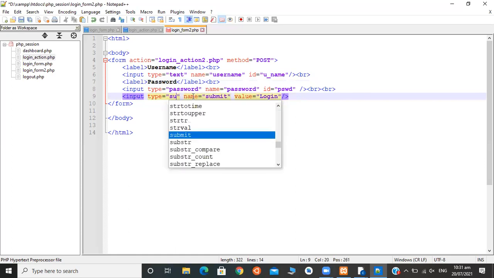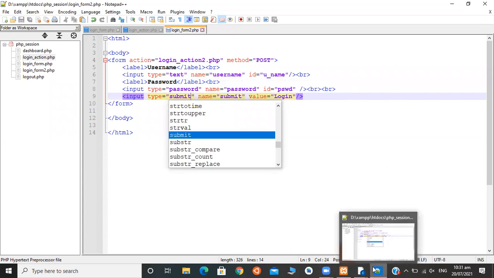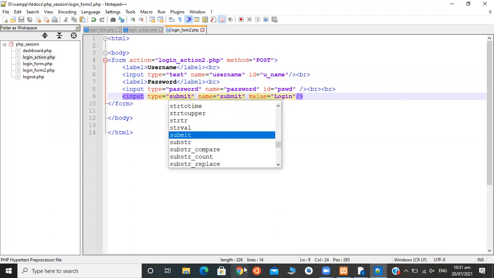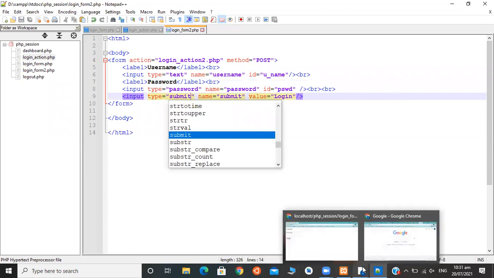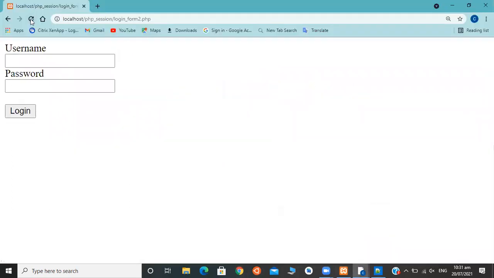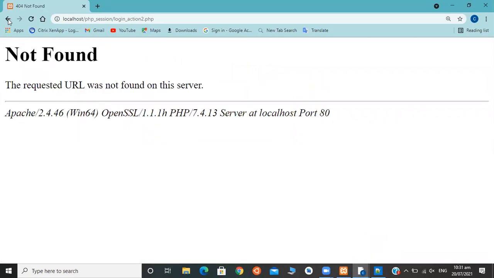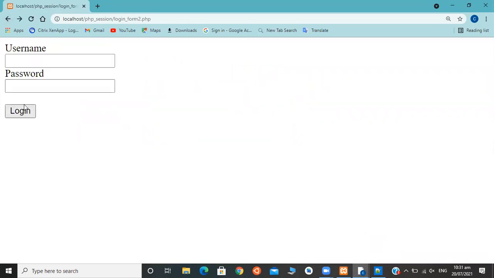Type submit. Okay, see this. Mistakenly I have written input type button, but it should be input type submit.